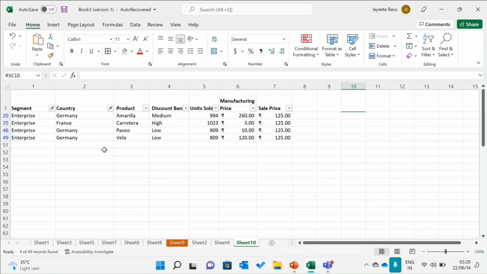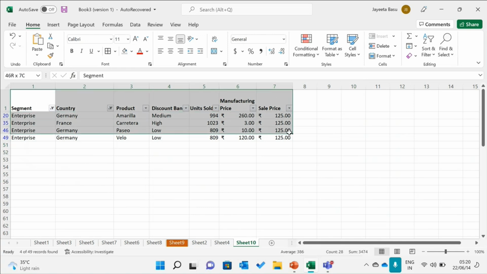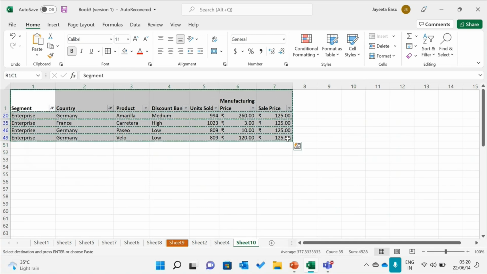So it is always better to use the filter function, because if you are sending a larger Excel sheet to your team members, to the target audience that you want, they might just get lost. Even if you highlight it, they're bound to get lost if you share the whole data with them. But let's say you filter this data out and select only this part, and then select this part, Control C,